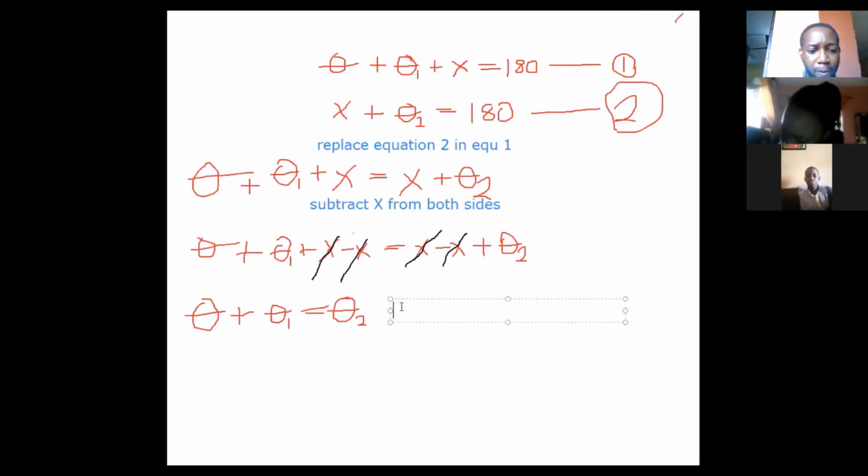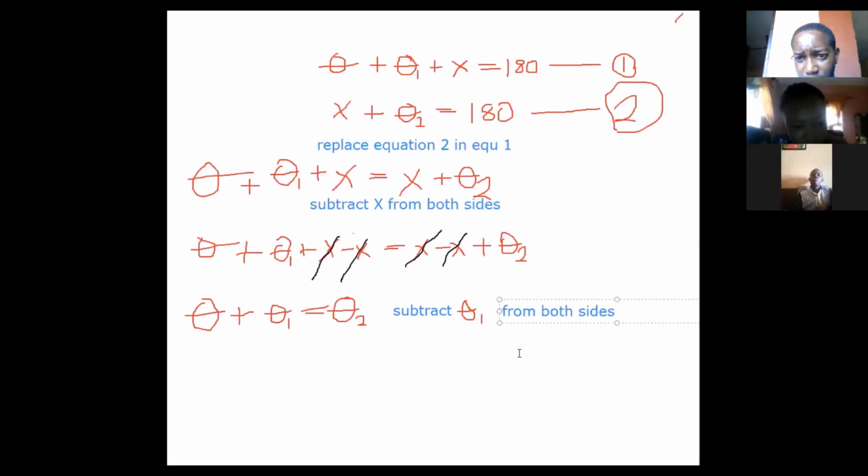I'll come here and subtract theta 1 from both sides. So if I do that, I will have